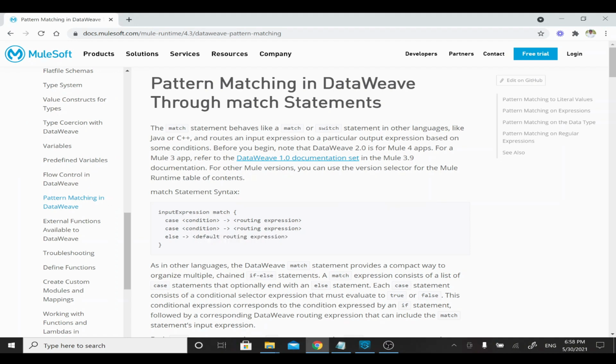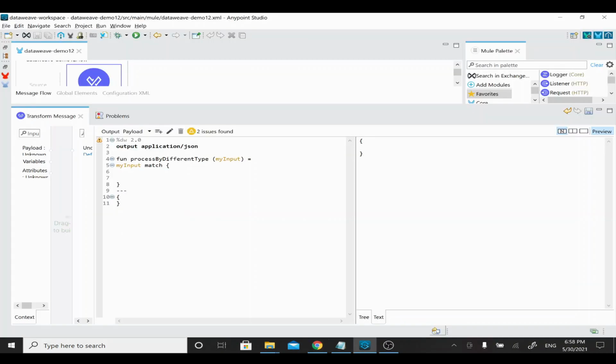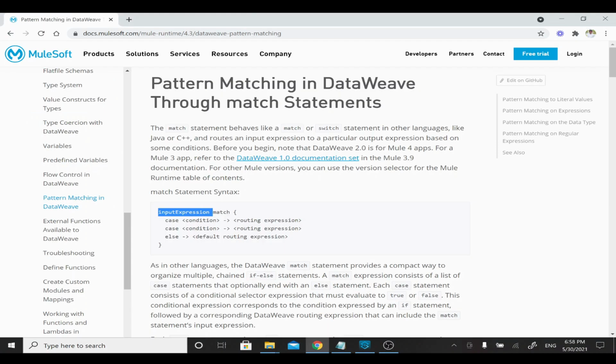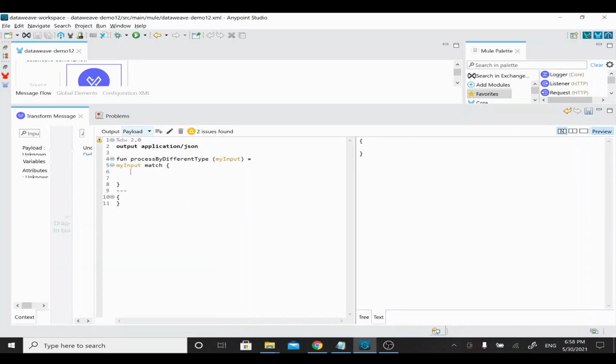This input expression is nothing but our input. It is matching, and then in the syntax you have to use a case. Now I'm going to use a case and check if the input is a String. I'm checking based on the data type, and if it is matching, I'm going to print that input type is string. So this is my case.